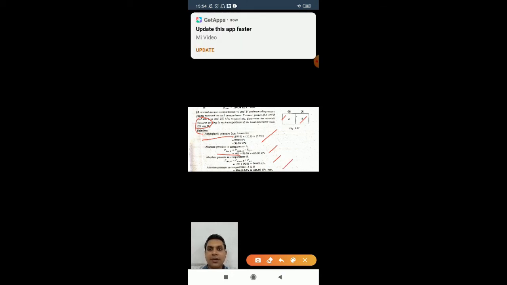So we have to determine the absolute pressure. If the gauge pressures are given, then atmospheric pressure we can determine by the equation P equal to rho g h, where h is 720 millimeter of mercury. So this is the atmospheric pressure. Then the absolute pressure in each compartment will be gauge pressure plus atmospheric pressure. By substituting the values in the equation, we get the answer. So this is how the numericals are done.